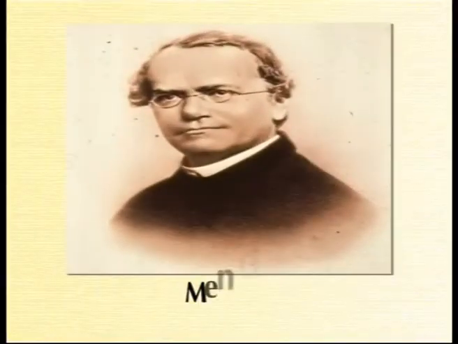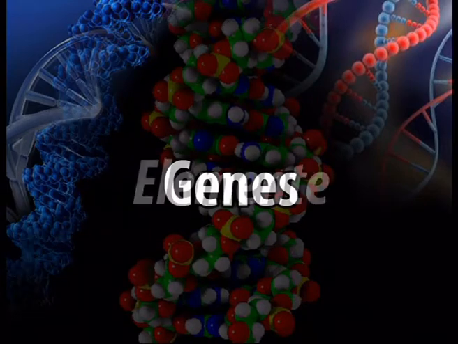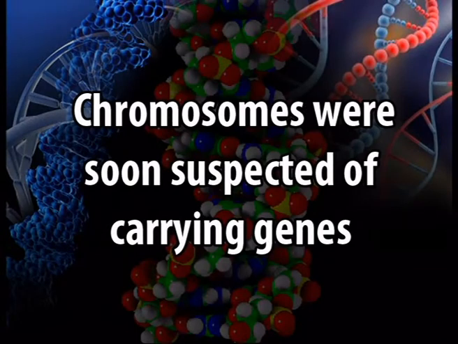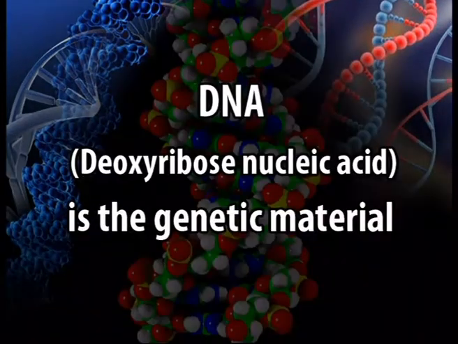Mendel's contribution helped a lot to establish that heredity was controlled by factors, what we nowadays call genes, but he called them elementi, and later on chromosomes were found to be the carrying agencies for these genes or factors. Subsequently, a series of experiments yielded enough scientific proof that a magic macromolecule, DNA, deoxyribose nucleic acid, is the